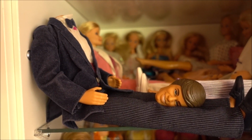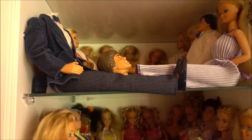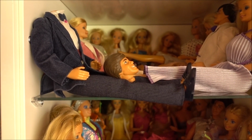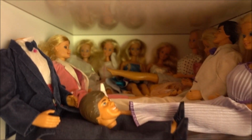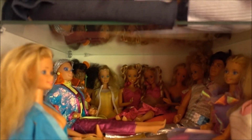Day to Night Ken. Unfortunately, he lost his head, so the head will not stay in place anymore. I had to put it on here. It looks a little bit creepy. I'm so sorry for it, but I don't really know how I can manage to put the head back so it will stay in place. Obviously, I would have to glue it, but that's also something I don't want to do. So here you can see the dolls in detail, and then let's go to the lower part, and here we